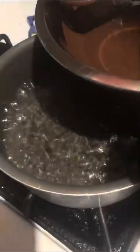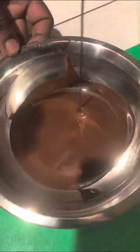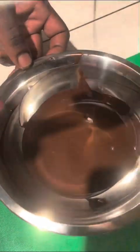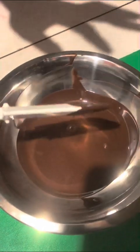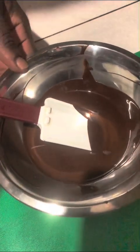Take it off the heat. Be careful. And it's good. You just turn off the heat, and it's good. So right here, you can see the chocolate is nicely melted. We'll be using it just now. You want to let it cool down. That's why we melted the chocolate first while we work on our whipped cream to continue our process of making